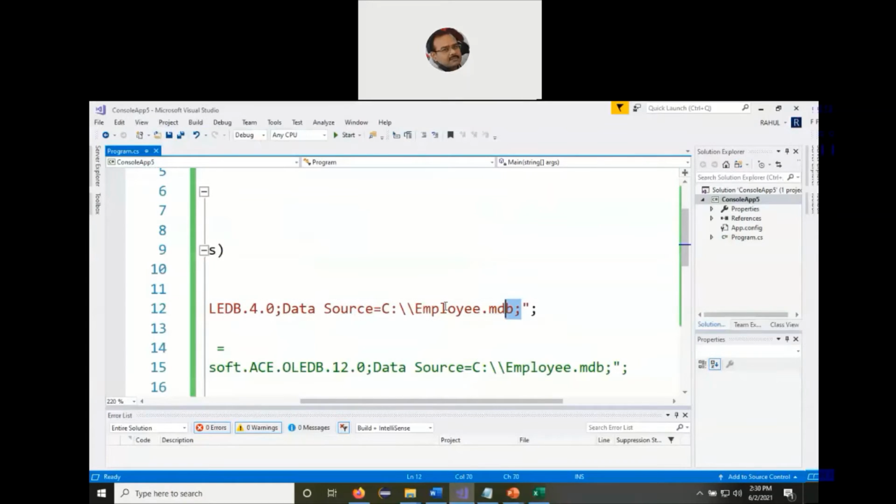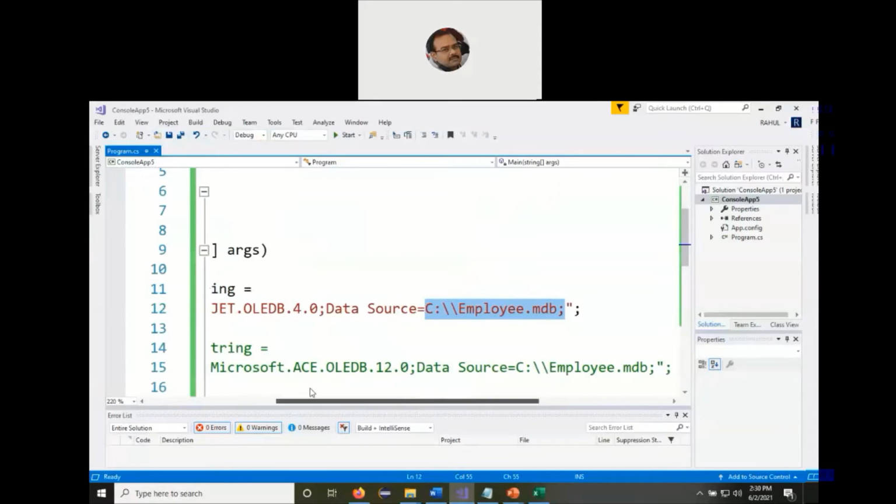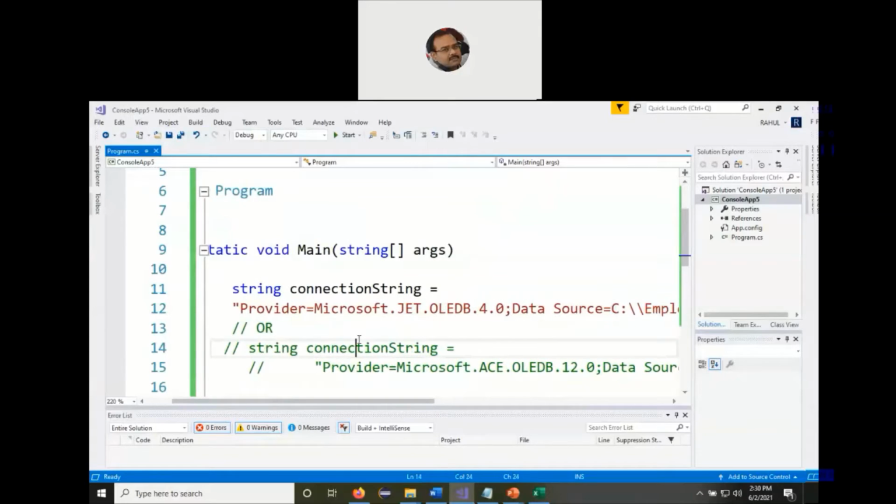And we have now seen that yes, our database exists by the name employee.mdb. Once we have defined the connection string properly, almost 50% of the ADO.NET program gets completed here itself, because the connection string plays a very important role. If you fail in the connection string, then the program will not execute. Again, if you remember the JDBC code of Java, we say Class.forName sun.jdbc.odbc.JdbcOdbcDriver. What does that line indicate? We are specifying the name of the driver, the type 1 driver, which will be loaded and registered with the operating system, so the user can execute the SQL queries.